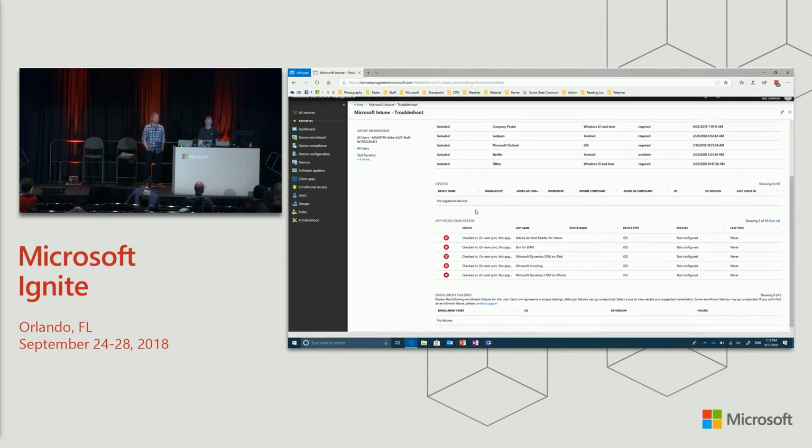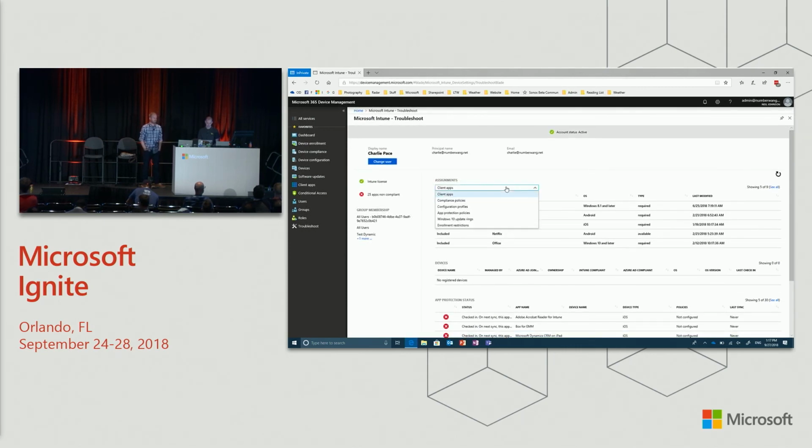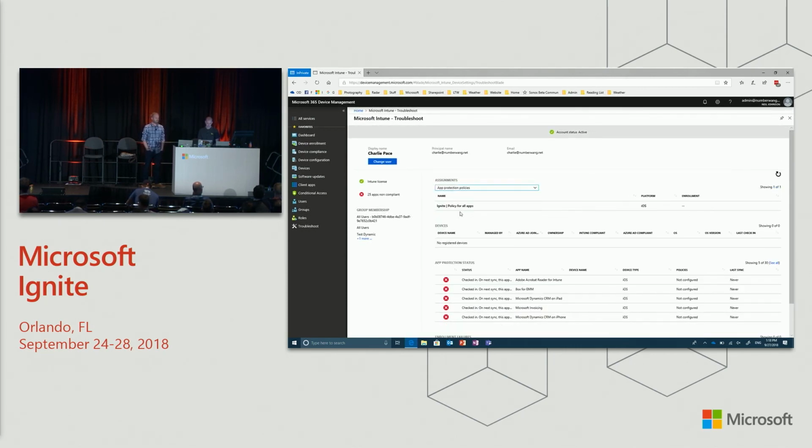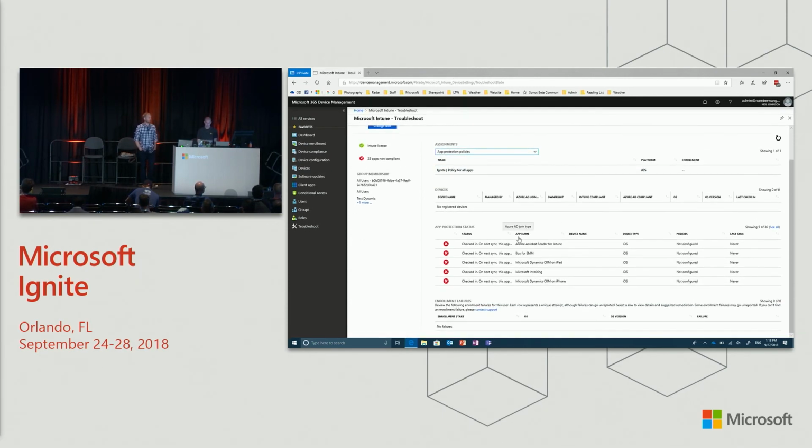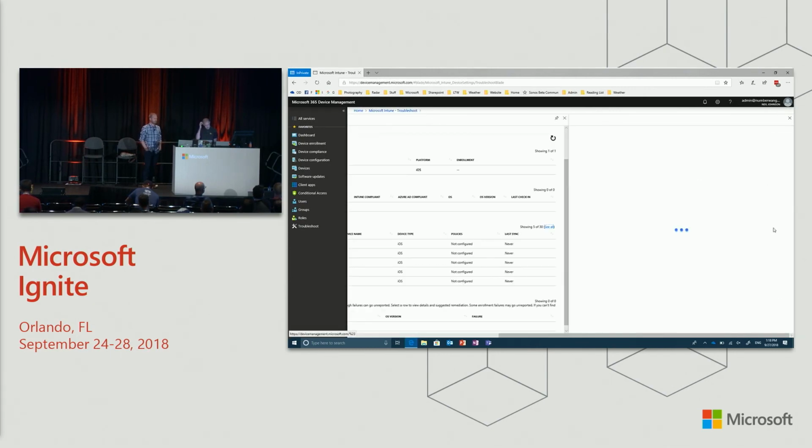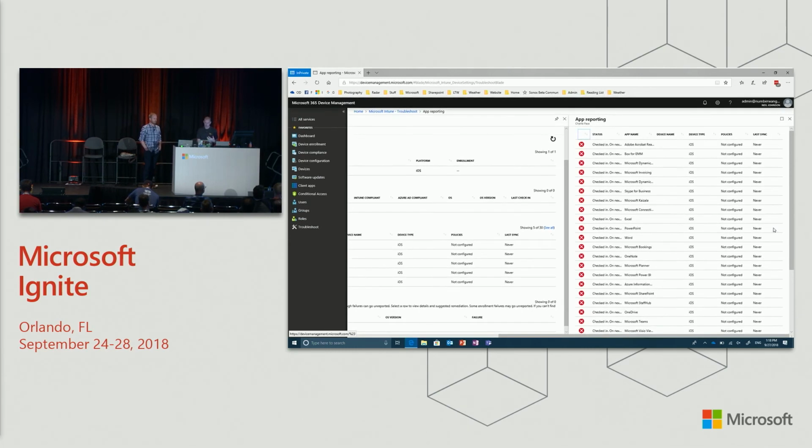They're not in there. We can also take a look at the policies. So we can go and have a look at app protection policies. And you can see here that I've got one app protection policy. It's for all of the apps, and it's being targeted at Charlie. So we should be seeing him there. So we can also look down here into our app protection status. And if we hit See All, what it's going to do is pull back all of the check-ins